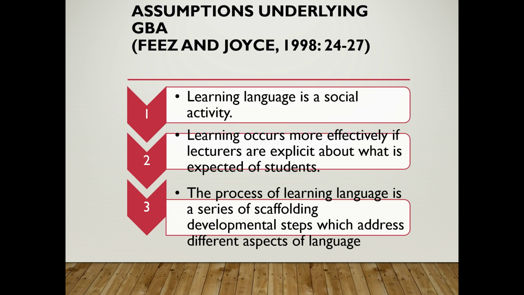Guys, there are some assumptions underlying GBA based on the book of Fish and Joyce, 1998, pages 24 to 27. Number one is that learning language is a social activity. Number two, learning occurs more effectively if lecturers are explicit about what is expected of students. And then number three, the process of learning language is a series of scaffolding developmental steps which address different aspects